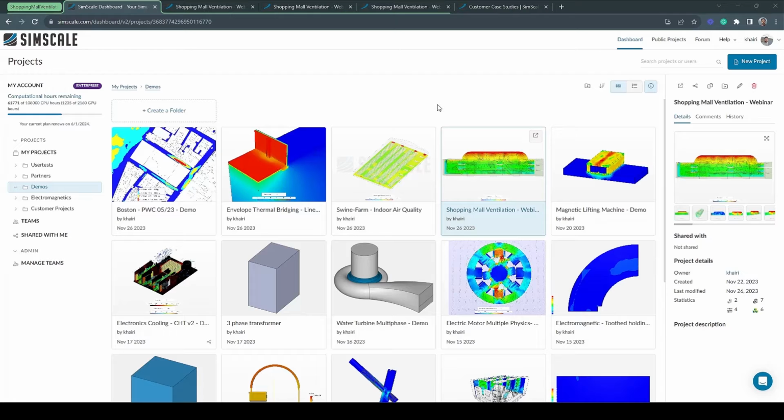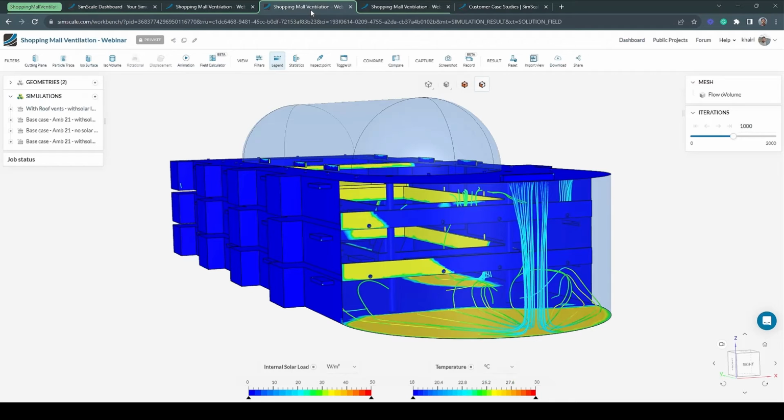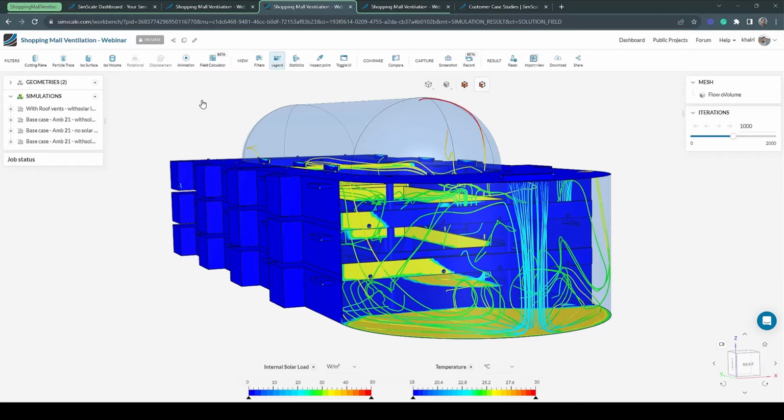All right, so now let's make a transition and take a deeper look into how SimScale can be used to assess the internal thermal comfort and the performance and efficiency of a ventilation system inside a closed space. At the moment, we are inside the SimScale post-processor for the first simulation that we have run. This simulation on the shopping mall includes both solar load and humidity. Now, before we dive deeper into the results and make some observations and so on, I would like first just